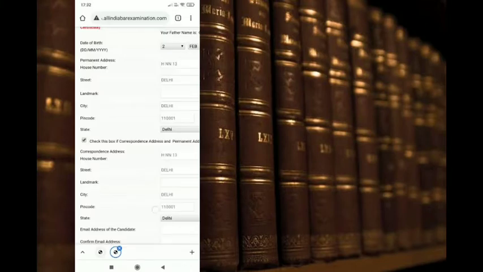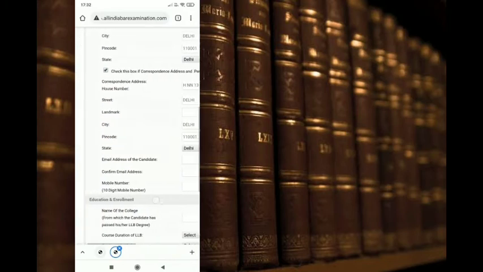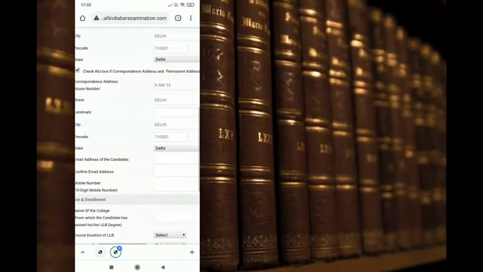If the address is the same, you have to click on this box, which checks whether the correspondence address and permanent address are the same.